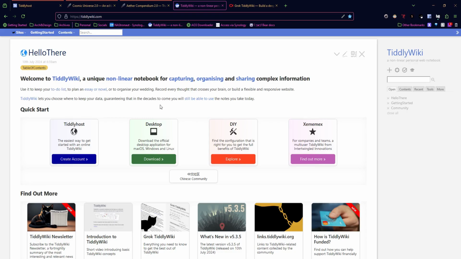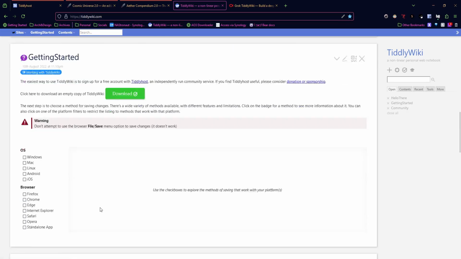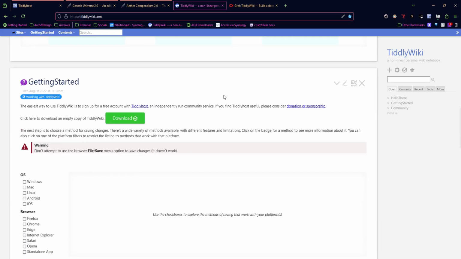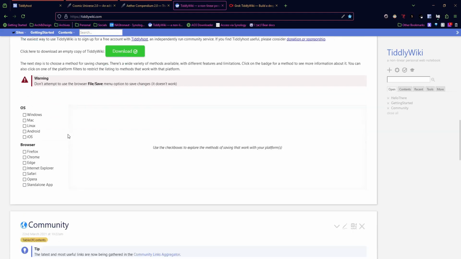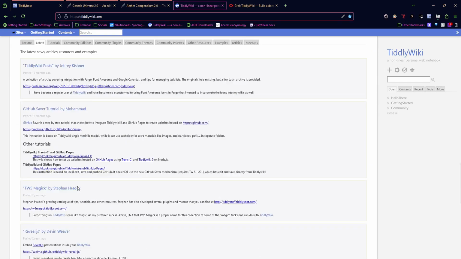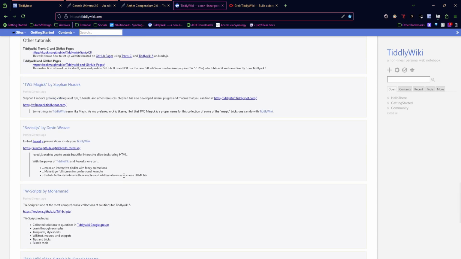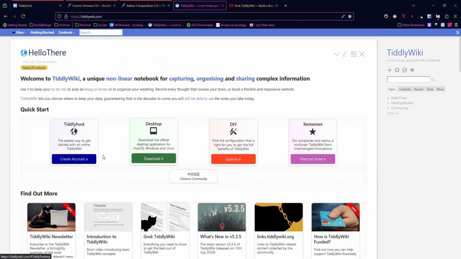Some examples of well-built TiddlyWikis that I've seen out in the wild include the actual TiddlyWiki official website. It runs on its own software, so each of these little sections you see here are what you might think of as articles. The TiddlyWiki vernacular refers to them as tiddlers. So each of these with the title would be a tiddler, but this is the TiddlyWiki website and where you can find all of their documentation,